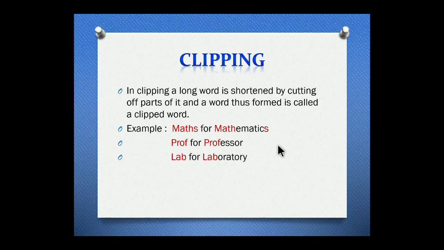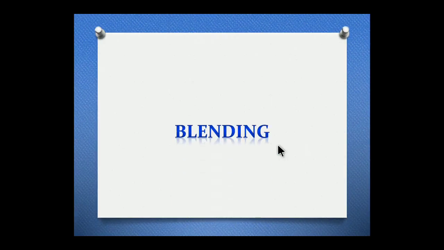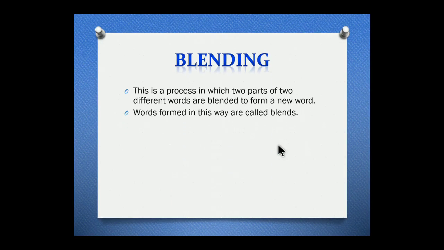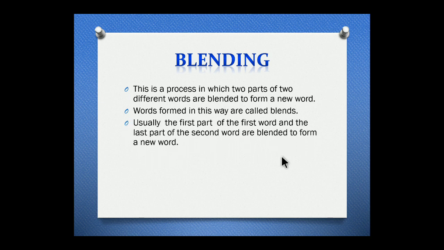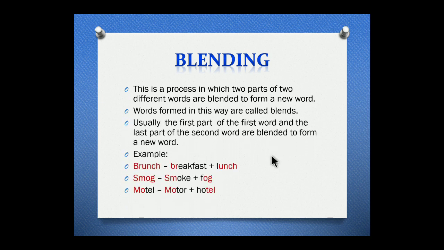Okay, then next is blending. This is a process in which two parts of two different words are blended to form a new word. Words formed in this way are called blends. Usually the first part of the first word and the last part of the second word are blended to form a new word. Now for example, if you see these examples over here,